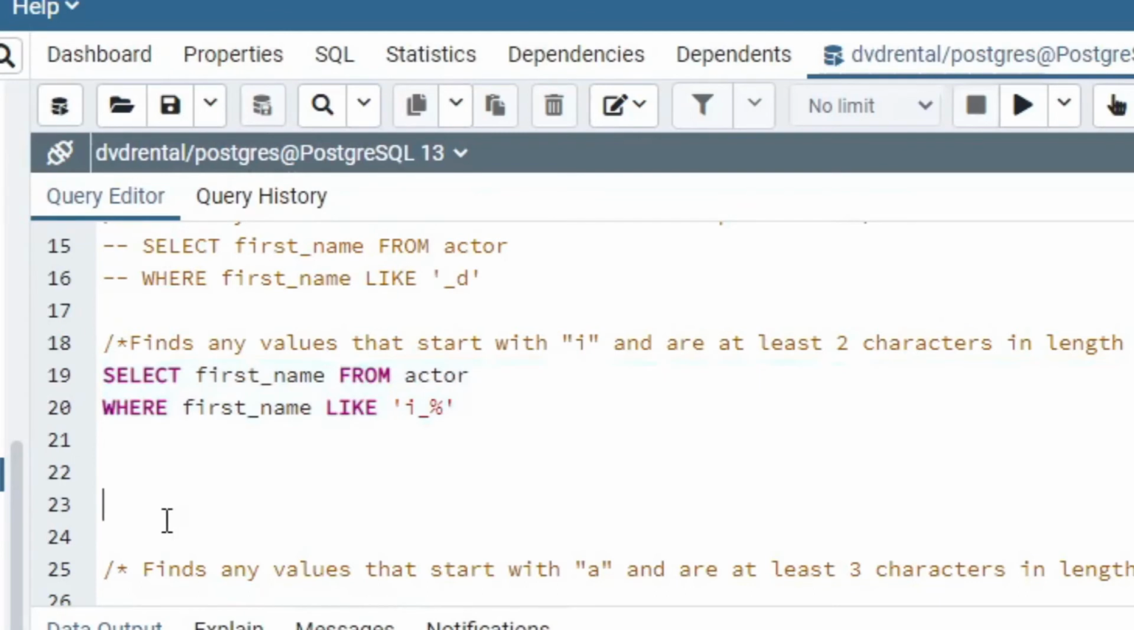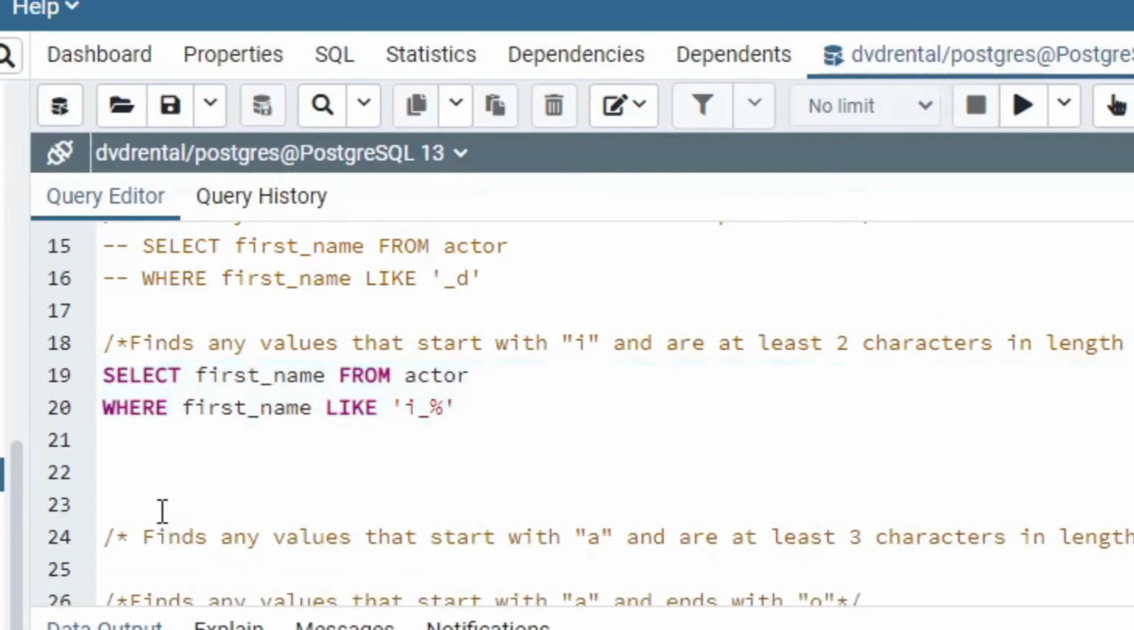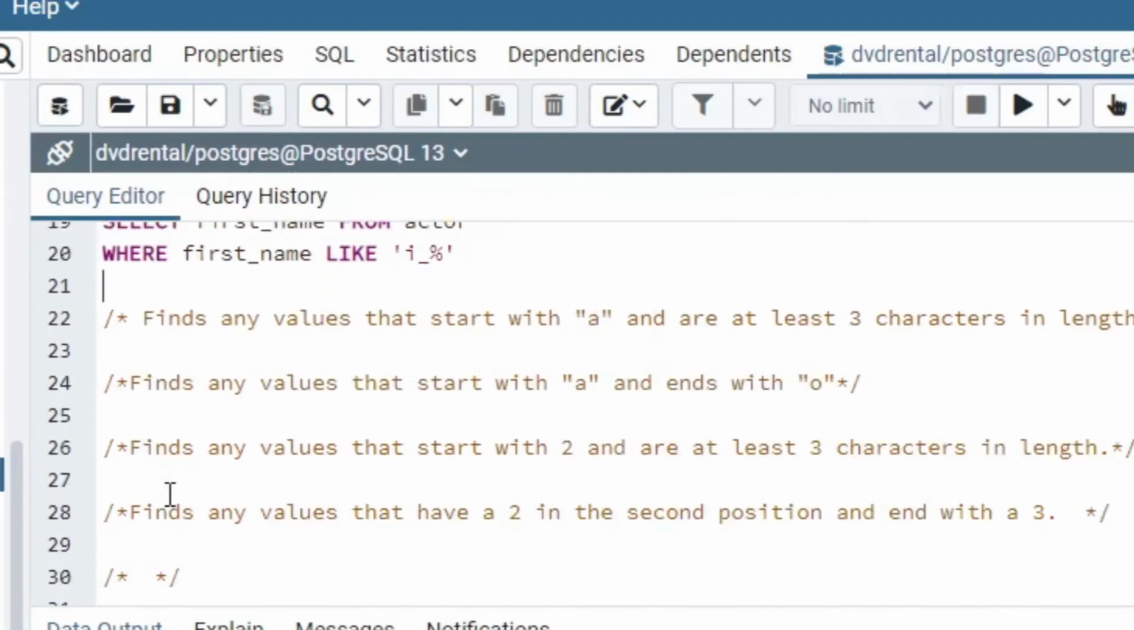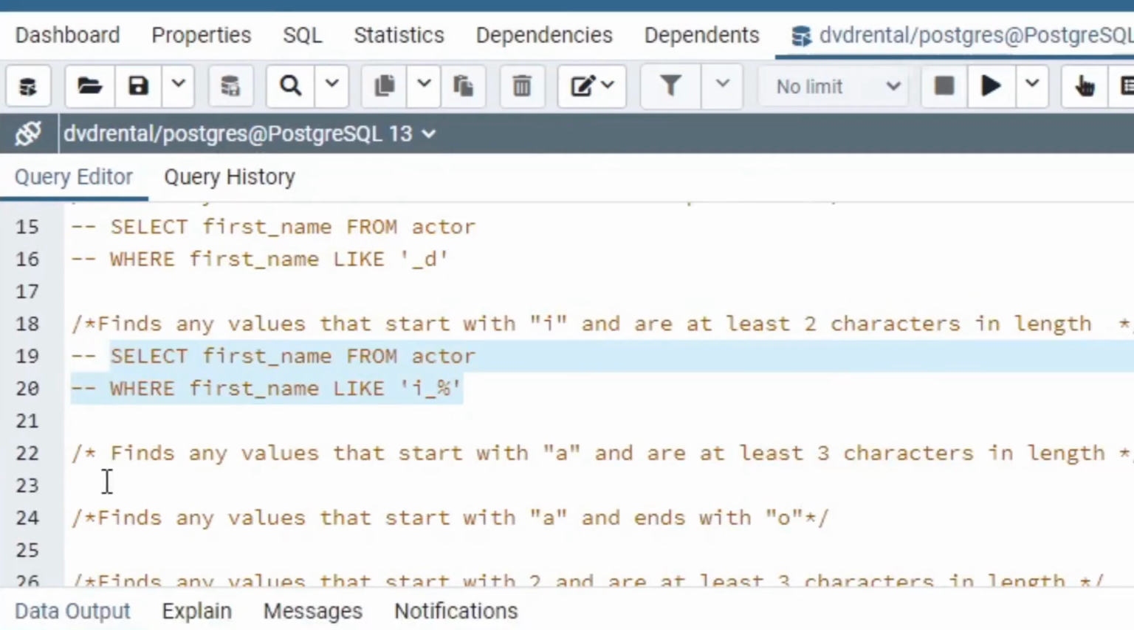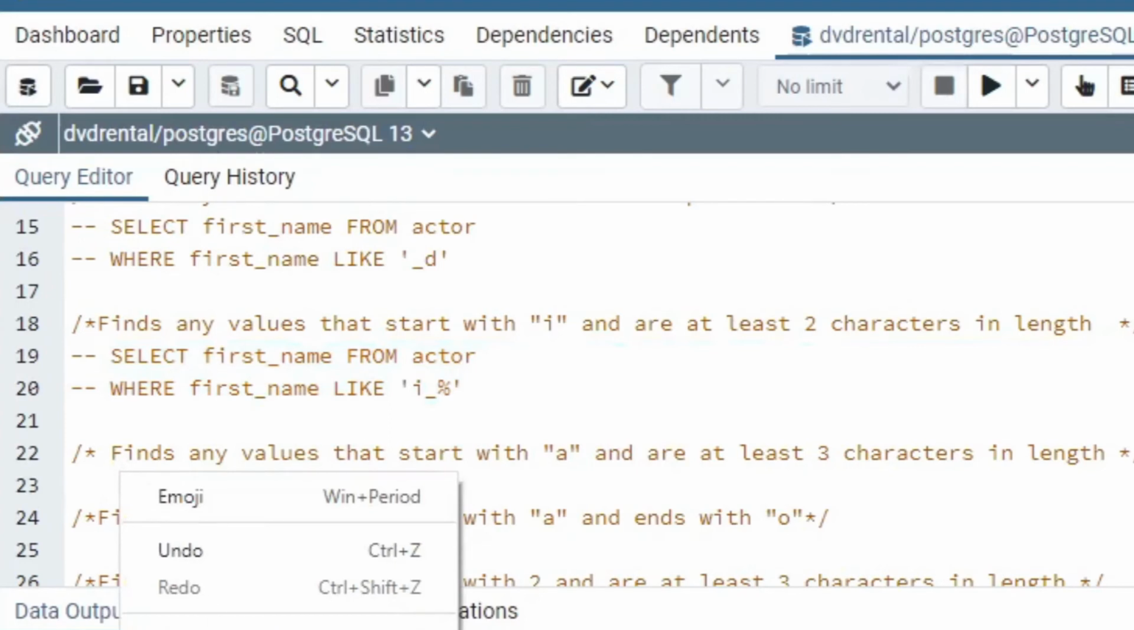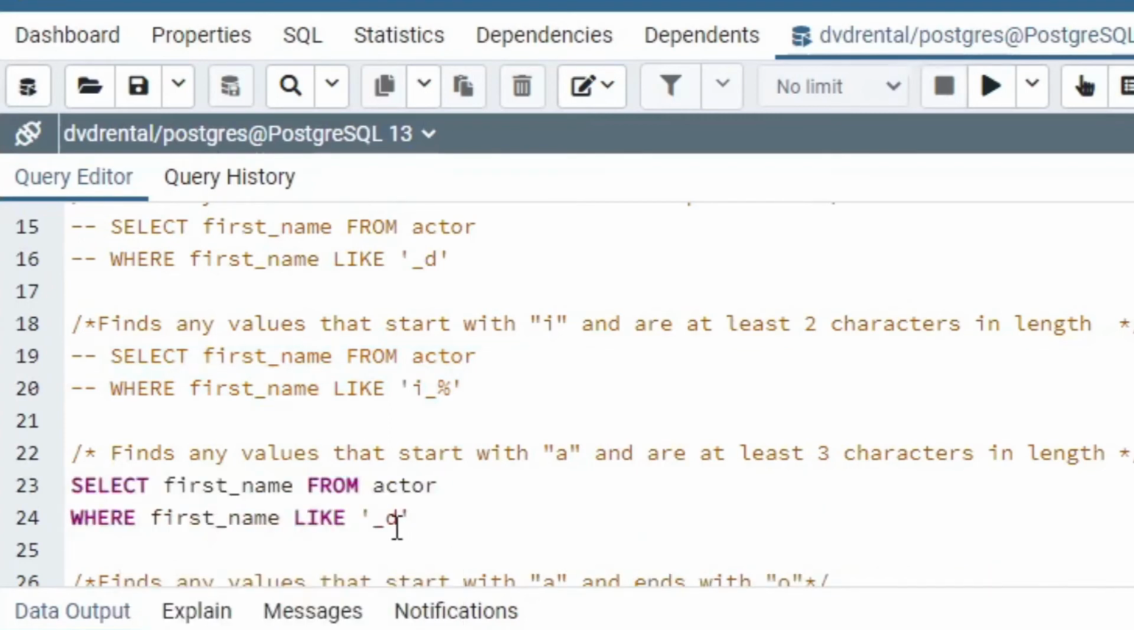So moving on to the next one, it says find any value that starts with A and at least 3 characters in length. So I'm just gonna comment this out so I don't have the error again. Okay, so now let's get down to this one. Just gonna paste it again in,